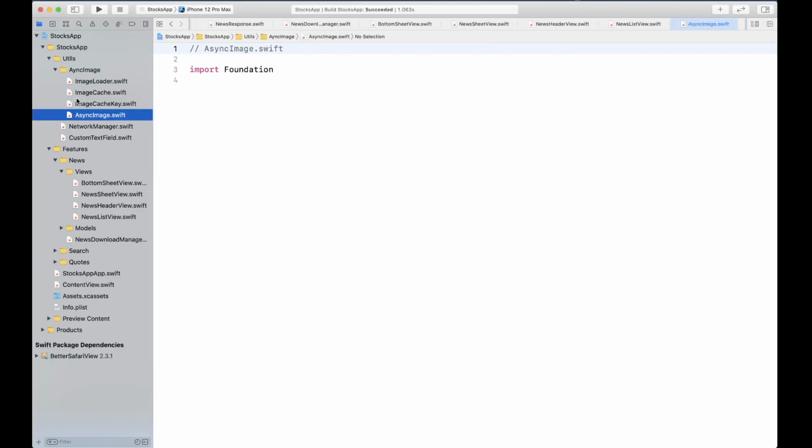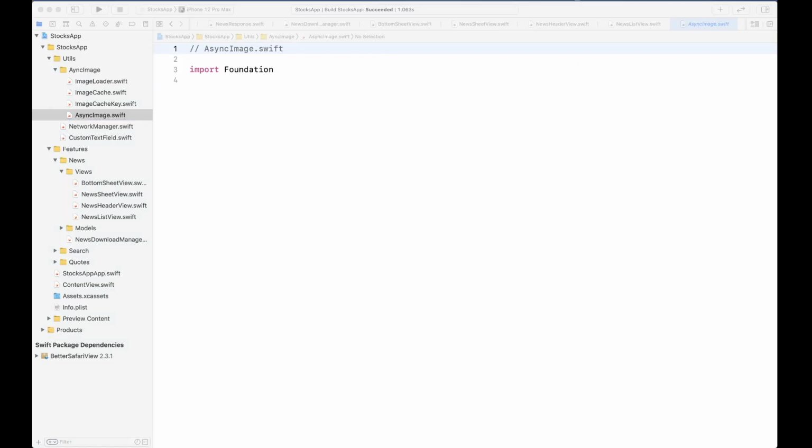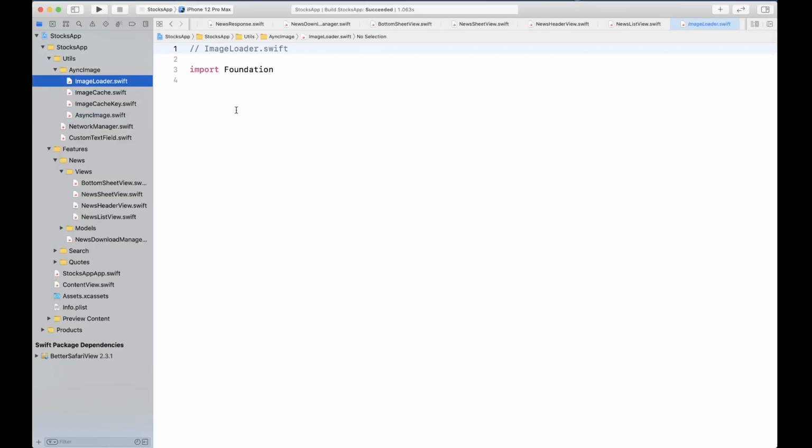Okay, so let's first work on our image loader, which is basically going to be downloading the image for us from the network. The first thing I'm gonna do is import Combine and import UIKit. Then we're gonna create a final class ImageLoader.